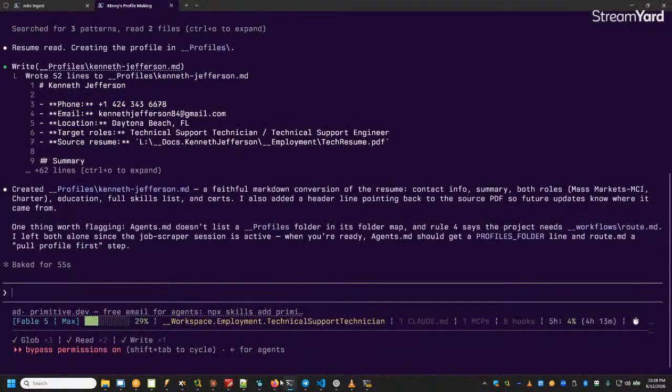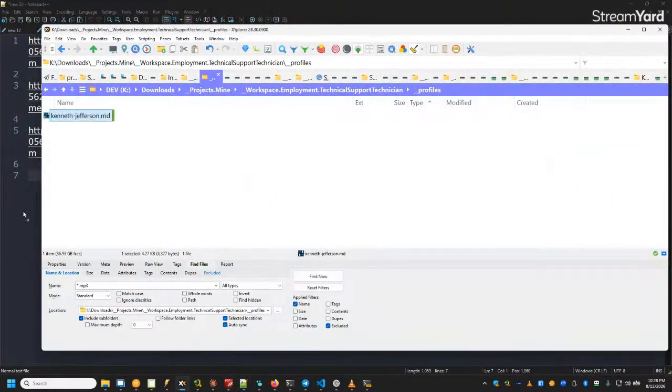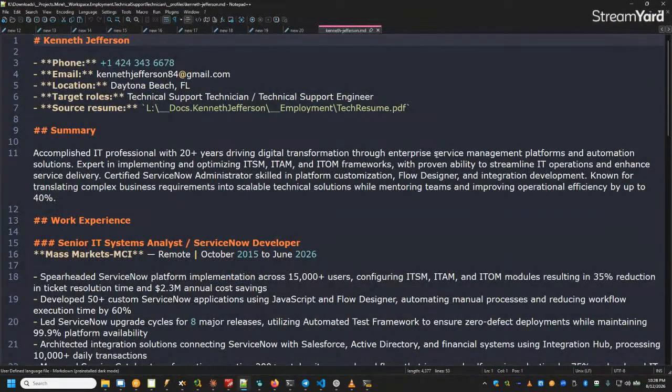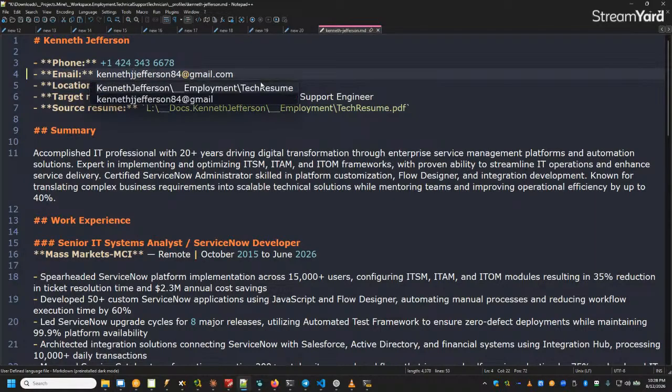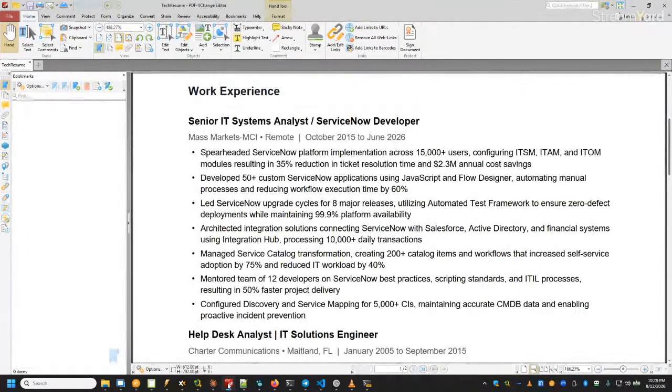Are we still on Fable? Yeah, we are. Okay. And then here, and then here. All right, so our phone number is correct. Email is not correct, actually. It's Kenneth J. Jefferson, 84. Please tell me that's not how I showed up in the